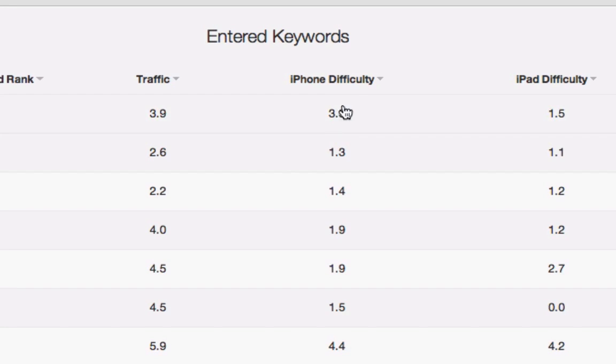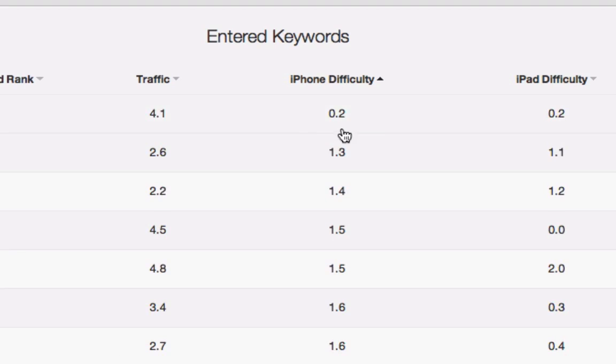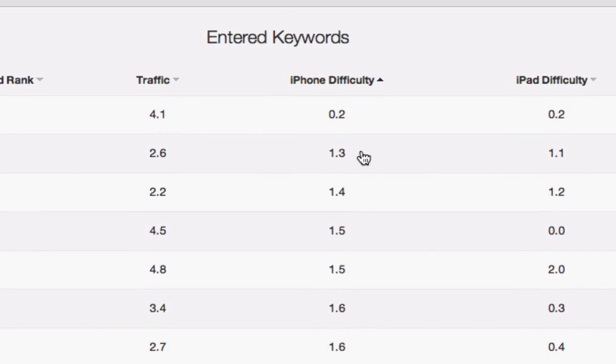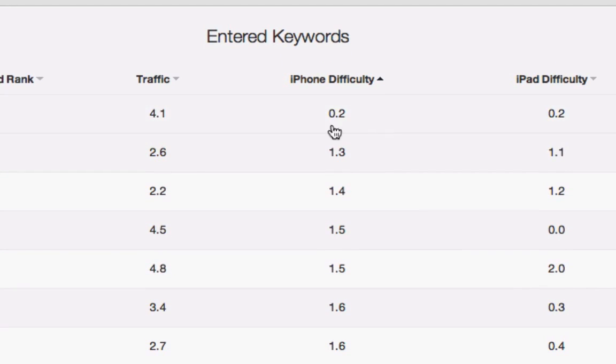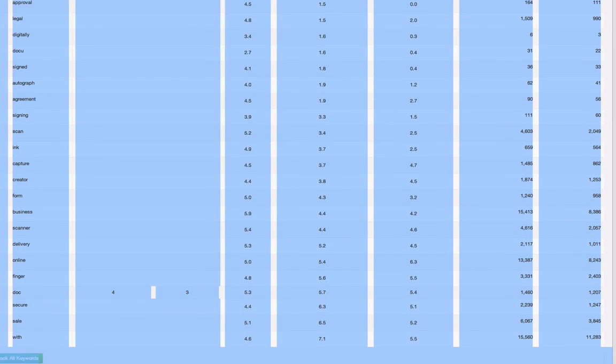Okay, so what I want to do is sort everything by iPhone difficulty. I'm going to click on that and click on it a second time, so it'll be iPhone difficulty in ascending order. What that means is it'll be sorted from the least difficult term down to the most difficult term to rank for. Once I have it sorted by iPhone difficulty in ascending order, I'm going to select all of these keywords,